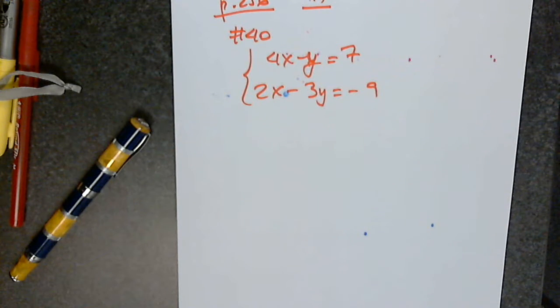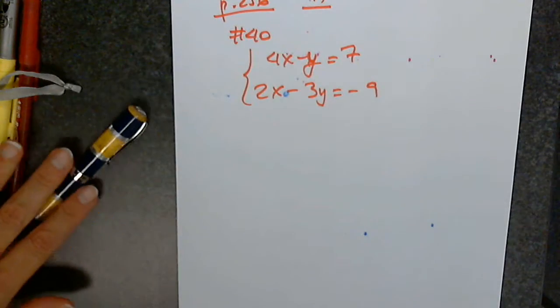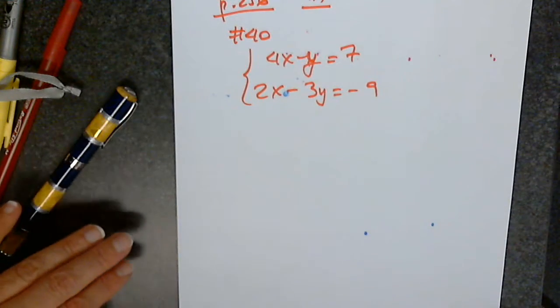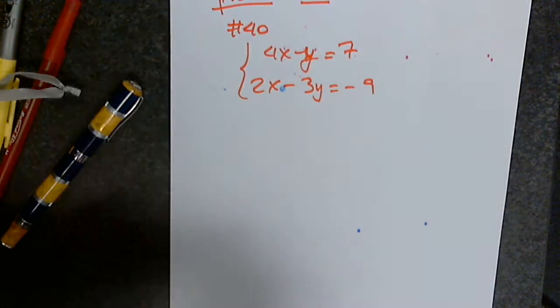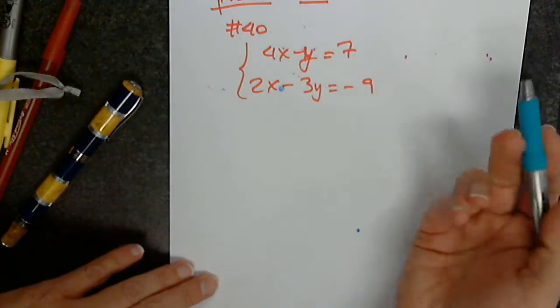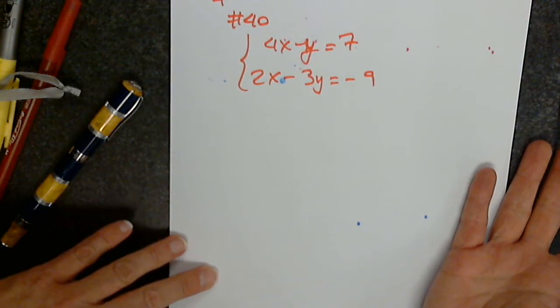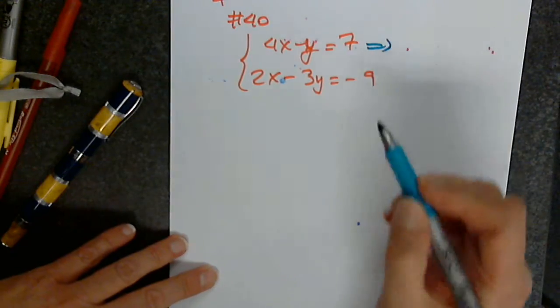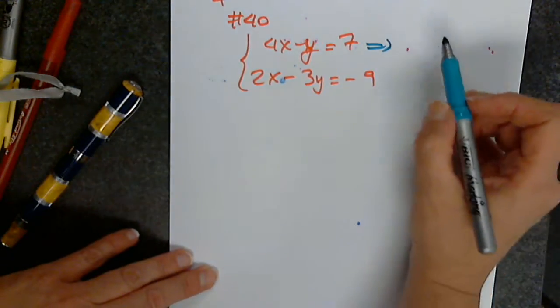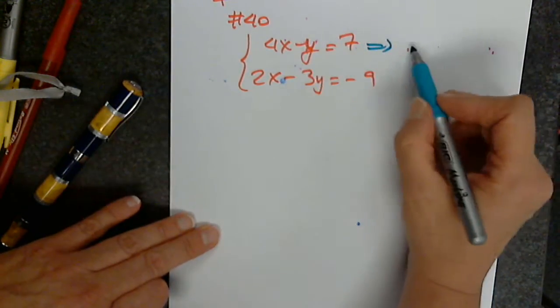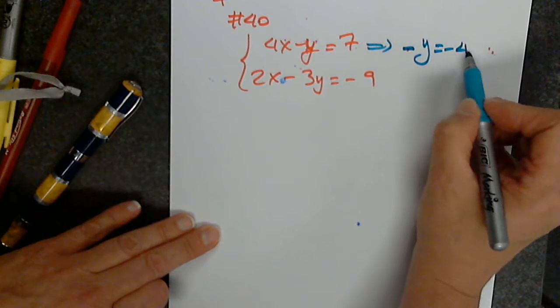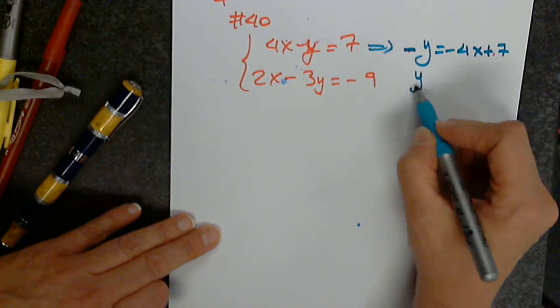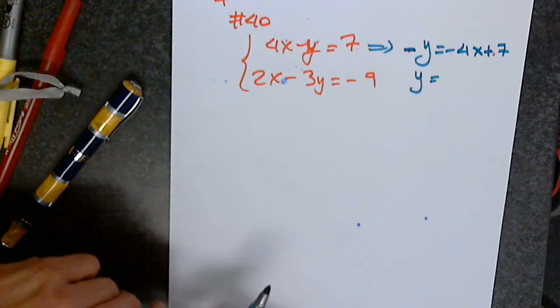What did we do last time? What did we do for a long time in this class when we had two equations to find the solution for? Correct. So obviously from which equation? The top. Correct. So then from here, if you want to move 4x to the other side, you will have negative y equals negative 4x plus 7. And then finally, you will say that y is